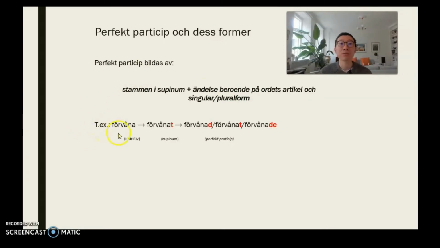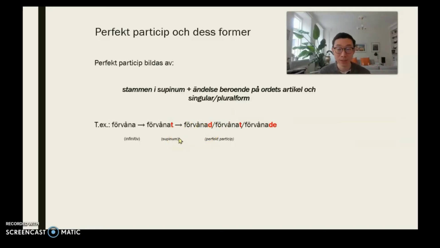Till exempel, förvåna. Förvåna means shocked. Förvånat är supinum form. And when they are changing to perfect particip, now they are not verbs anymore, now they are used as adjectives, then they have three possible endings. Förvånad for en ord,